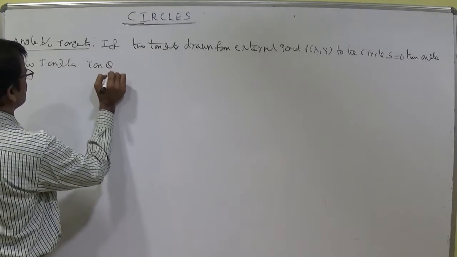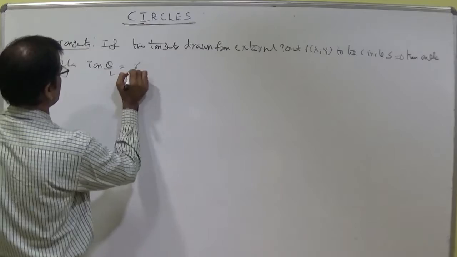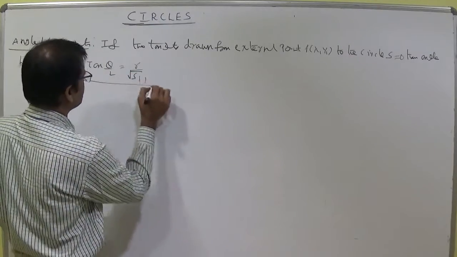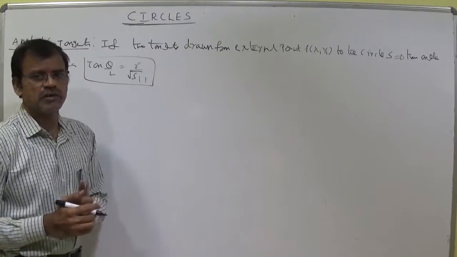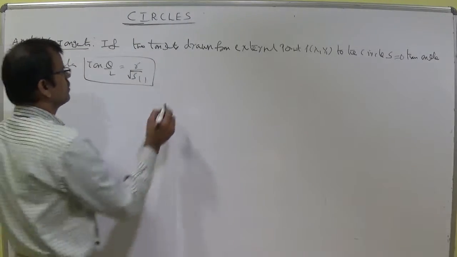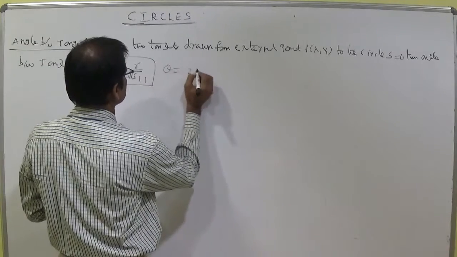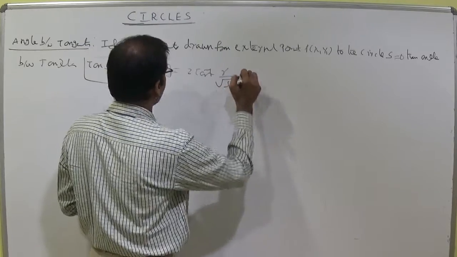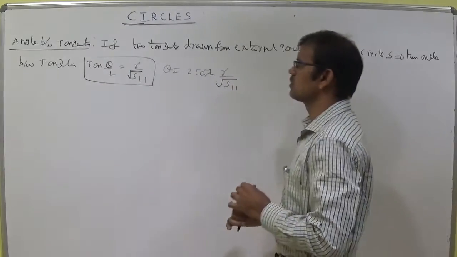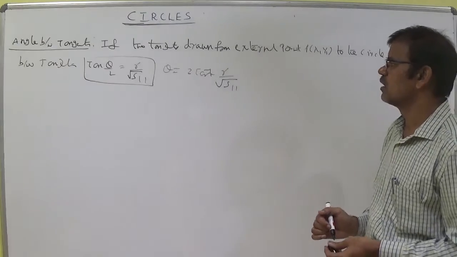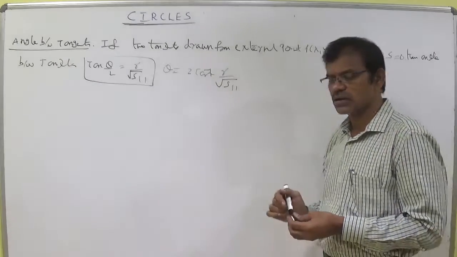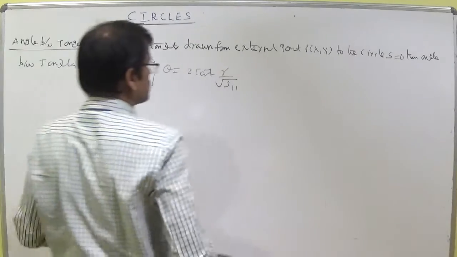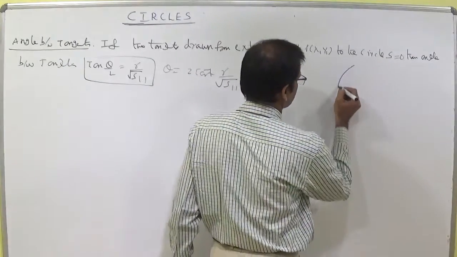has the formula tan(theta/2) = r/root S11. Of course, the angle is theta. This is the notation. If you need the angle, you should write theta = 2 tan inverse of r/root S11. Because theta/2 = tan inverse r/root S11, taking the 2 across by cross multiplication, we can write theta = 2 tan inverse r/root S11. Let us discuss about this one.